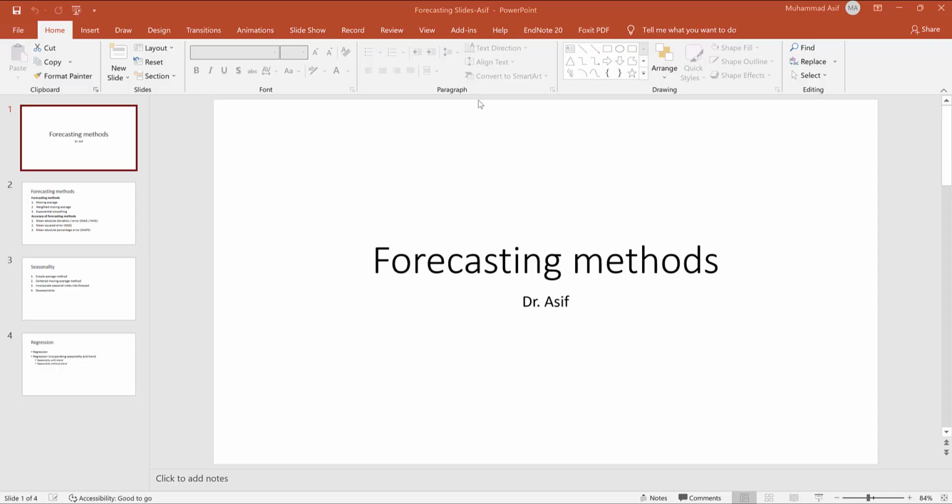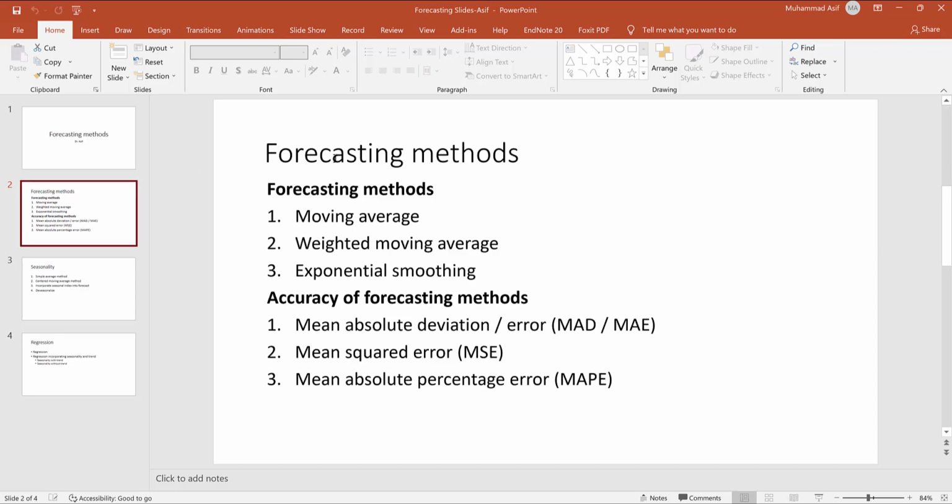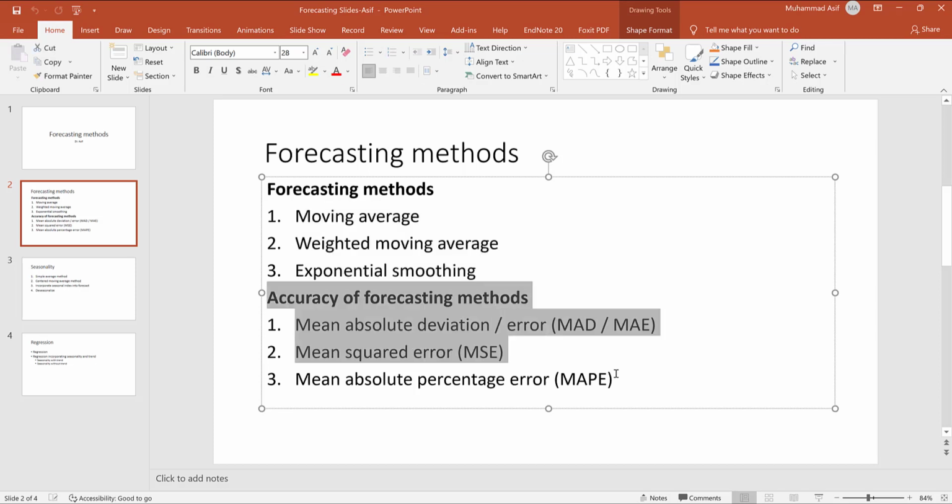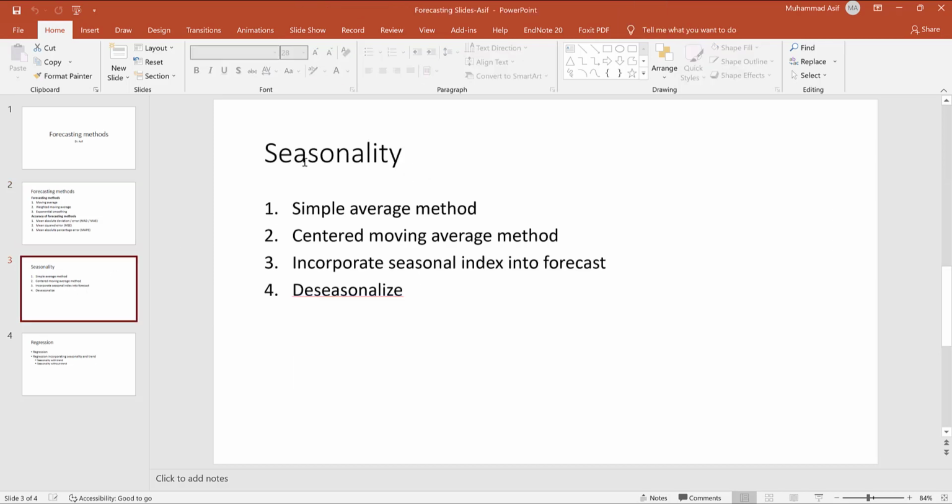In this recording, we will discuss different forecasting methods, and more specifically, we will start with different forecasting methods including moving average, weighted moving average, exponential smoothing, and then we will move to different methods that are used to measure accuracy of forecasting methods including mean absolute deviation, mean squared error, mean absolute percentage error, and then we will discuss